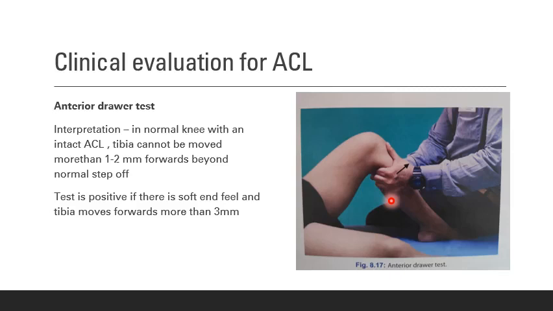Once hamstring is relaxed, examiner places both thumbs over the anterior joint line on either side of the patellar tendon. Purpose of thumb over the joint line is to feel normal step off of 1 cm. Further, relative forward movement of the tibia with respect to the femoral condyle. Anteriorly directed force is given to the upper end of the tibia and relaxed. This step is repeated. If any anterior translation more than the normal step off, that is 1 to 2 mm beyond the normal step off, or if there is any soft end after the anterior translation, test is found to be positive.